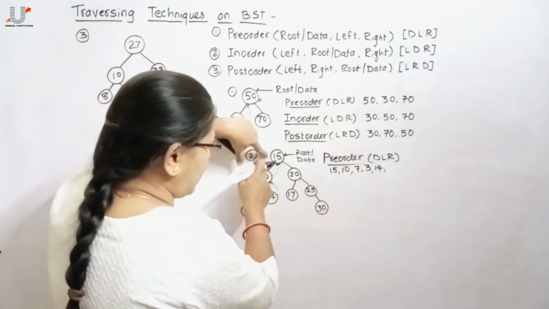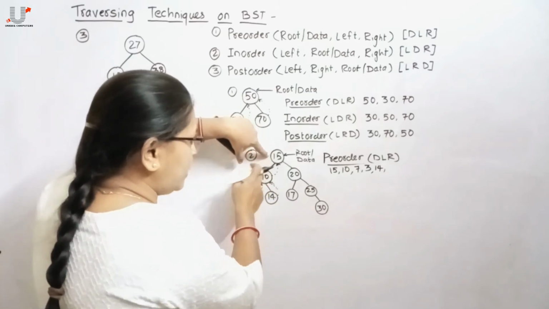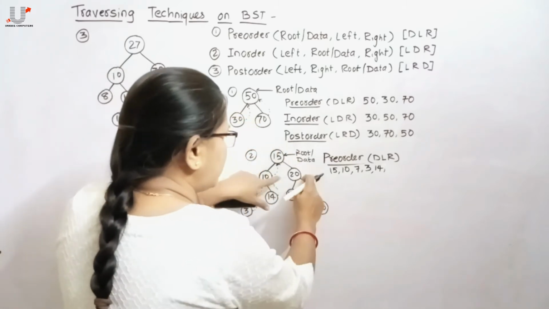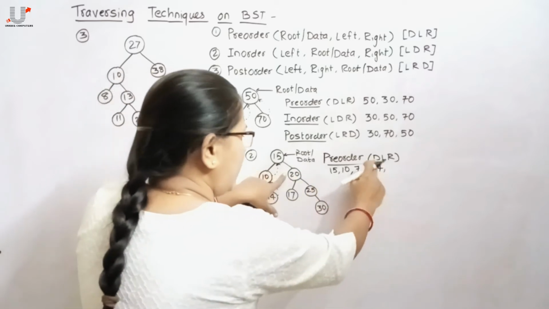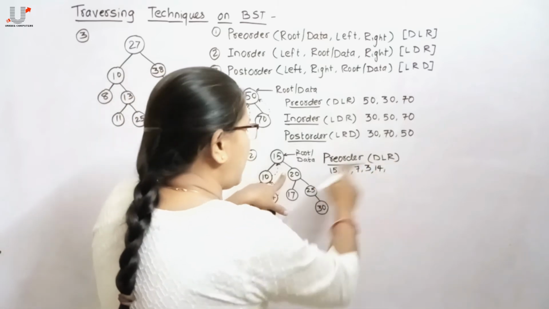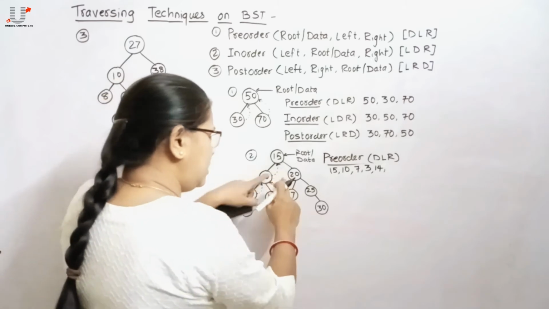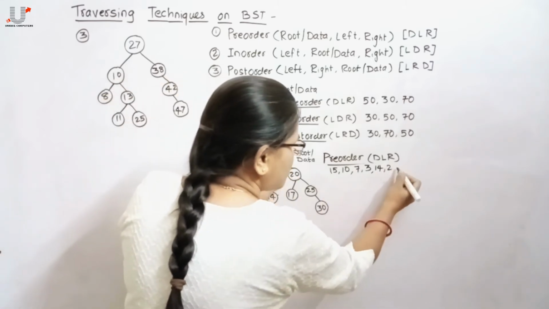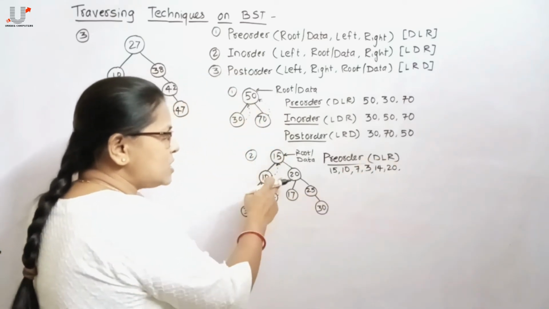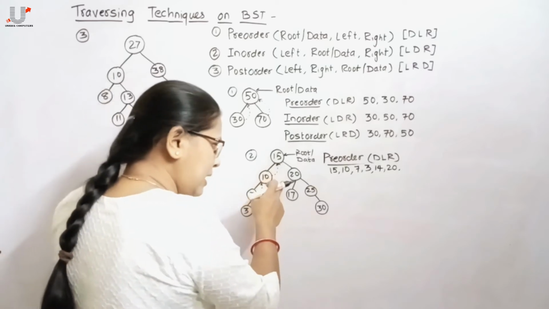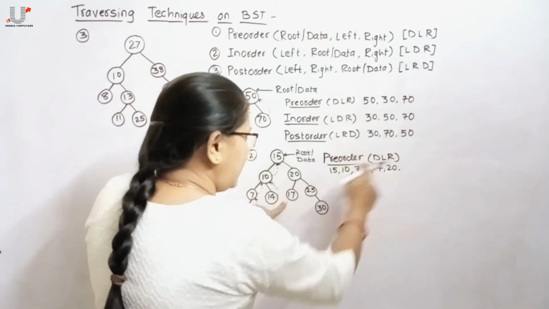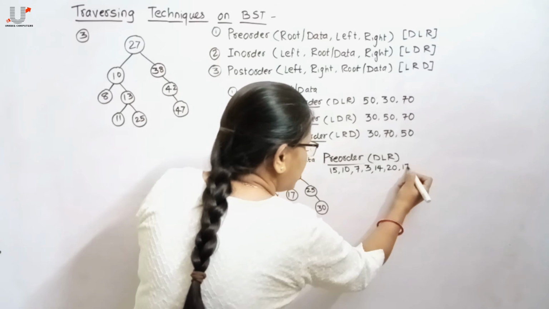That means control will transfer to 15. Again on that 15, data has already been processed, and the left part has already been processed. Then the control will transfer to R. As 20 has not been processed yet, apply DLR on this 20. D means the data part itself, 20, gets displayed onto the console. Again apply L. Check whether an unprocessed left subtree is there for 20. Yes, it's 17. So the control will transfer to 17. Again apply DLR. D means 17 gets displayed.